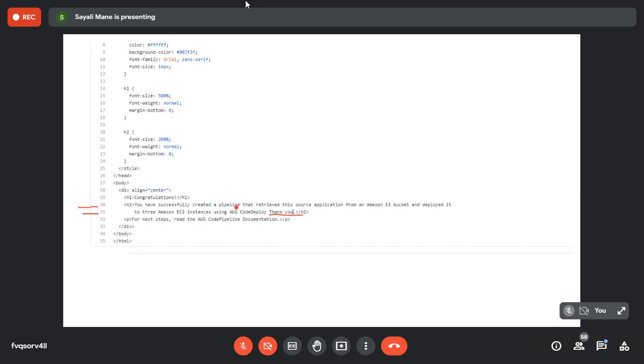I wrote a thank you message. You can delete the whole lines and type anything. Just don't delete the H2 tag, this one, the open and close tag. Type anything.